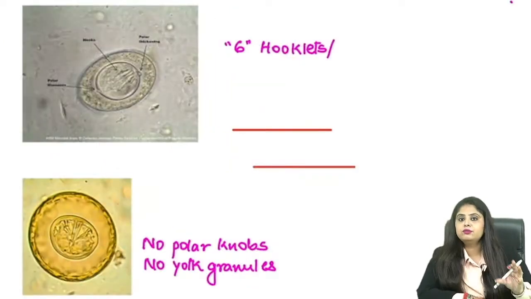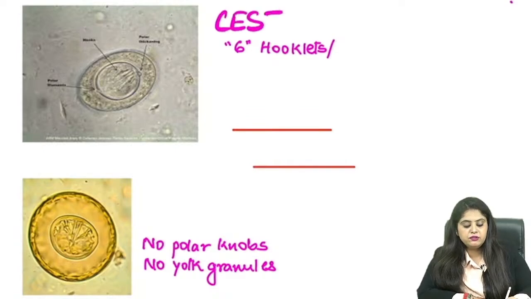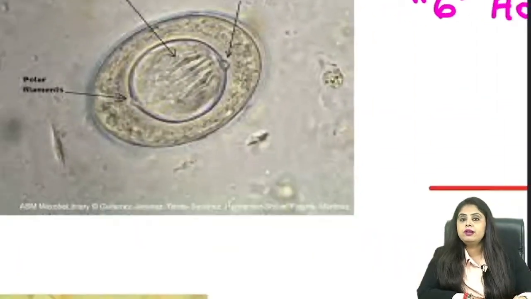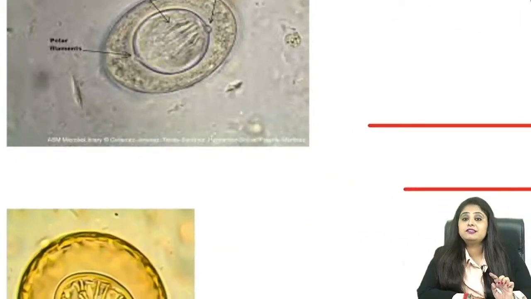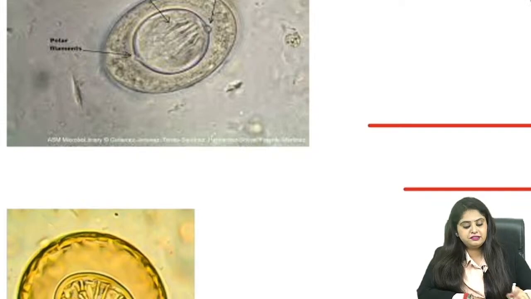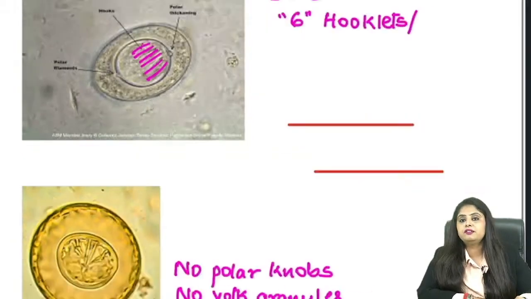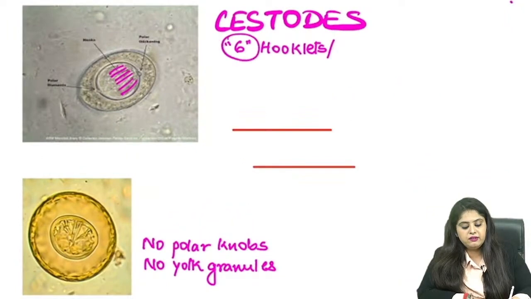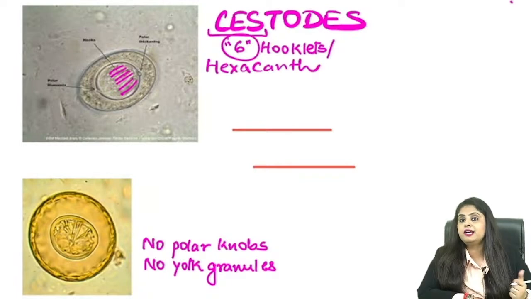So now in a little zoom in view you see the first one that you have, this is the egg which belongs to the family of cestodes. The way you write cis is the same way you write 6. So cestode family ka eggs will have something that is 6, and if you count a little carefully, there are a total of 6 hooklets present in the egg. So 6 hooklet wala egg is going to be 6 cestode, and that is known as hexacanth embryo. It is a hexacanth egg.